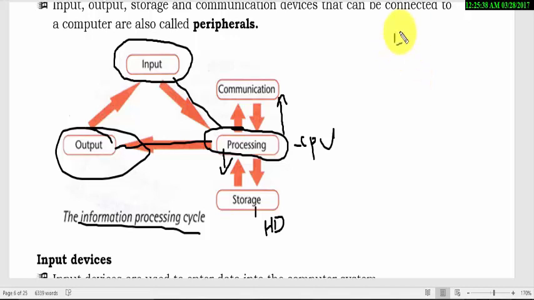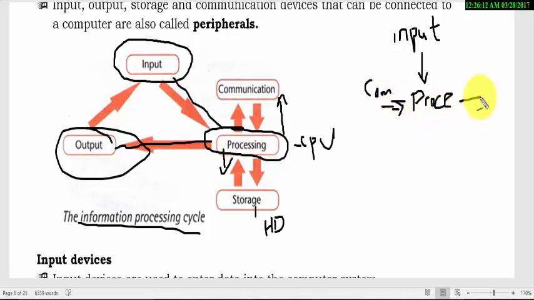Let me write it here so that some may understand it nicely. We go like this. This data is processed. That is the word processed. Then what we are saying is that it can be communicated, and we can also receive data from communication, which we can also process on our computers.